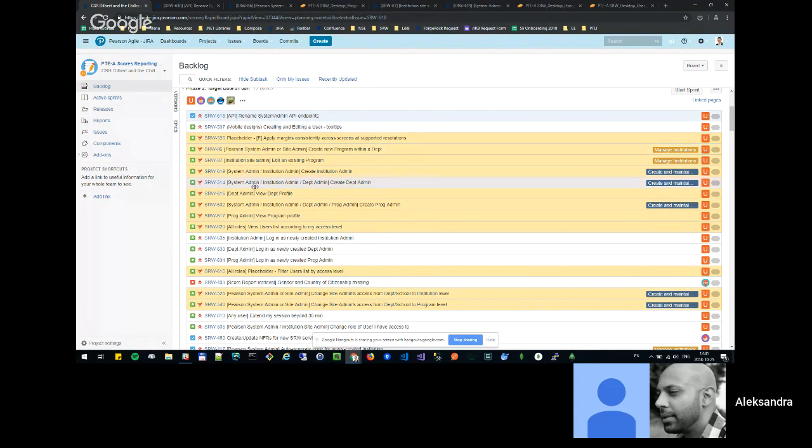Okay. So this is this whole set of stories prepared by Kath. Kath also updated a permissions matrix, so I will go through that permissions matrix with you as well. And also I created some navigation flow diagram just to make it more visual for easier understanding. But first of all, before we start with these stories, I would like to go just from the top, and the first three are